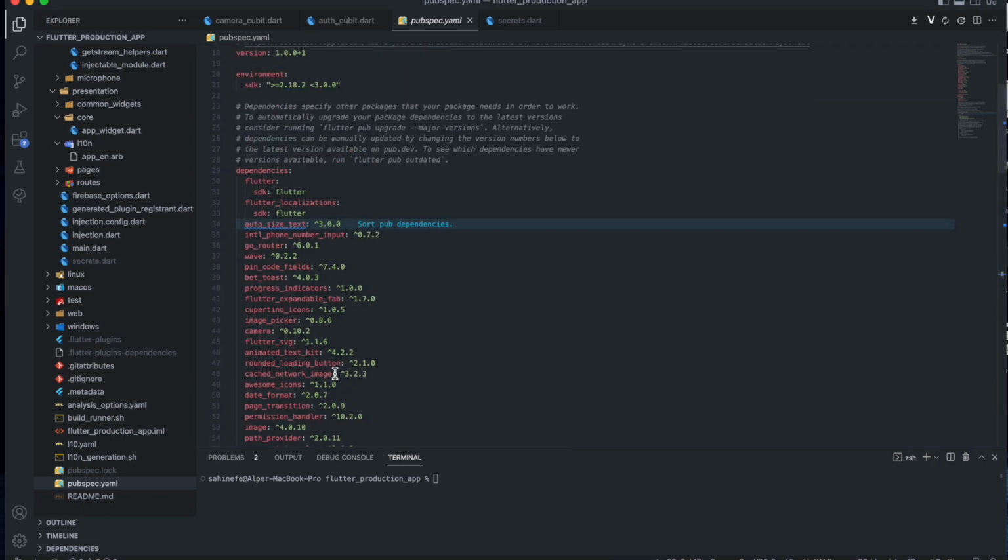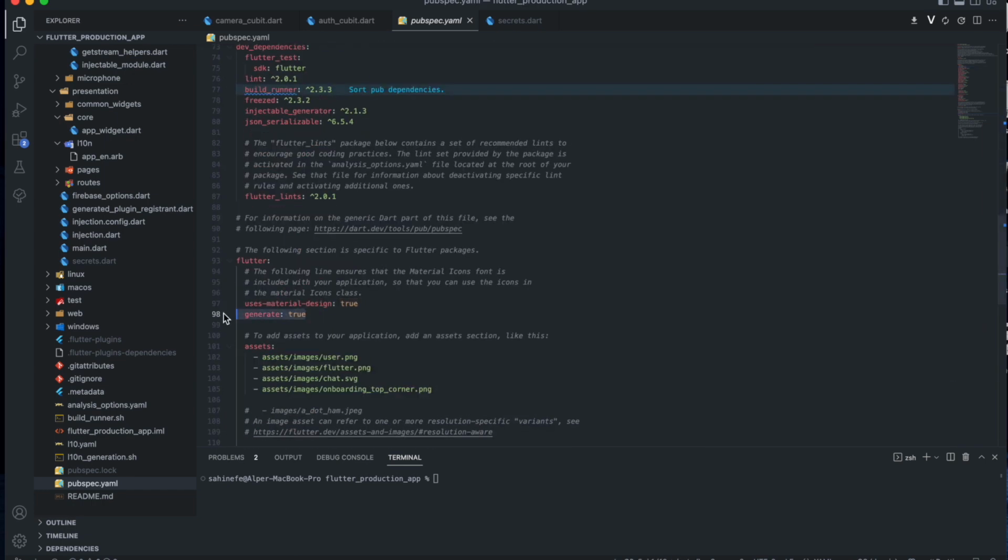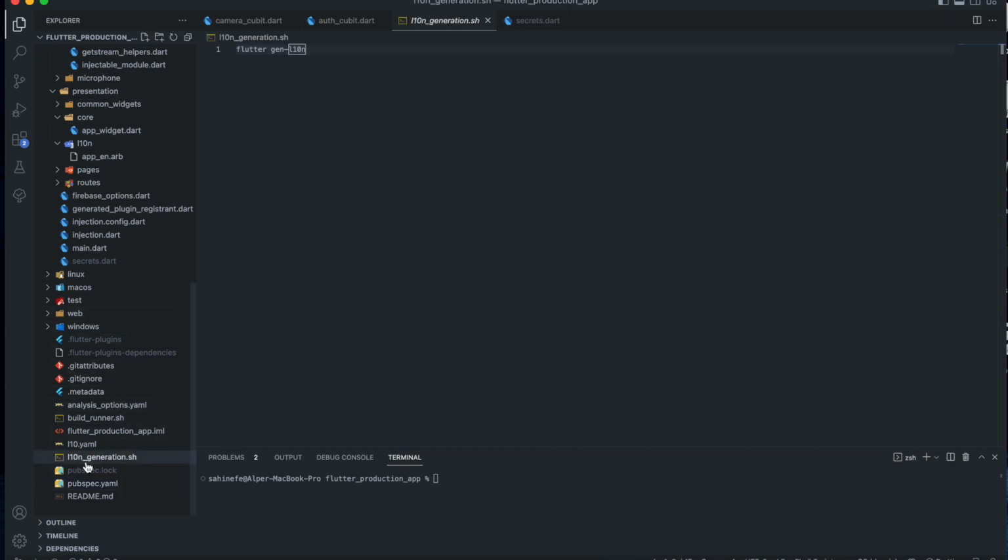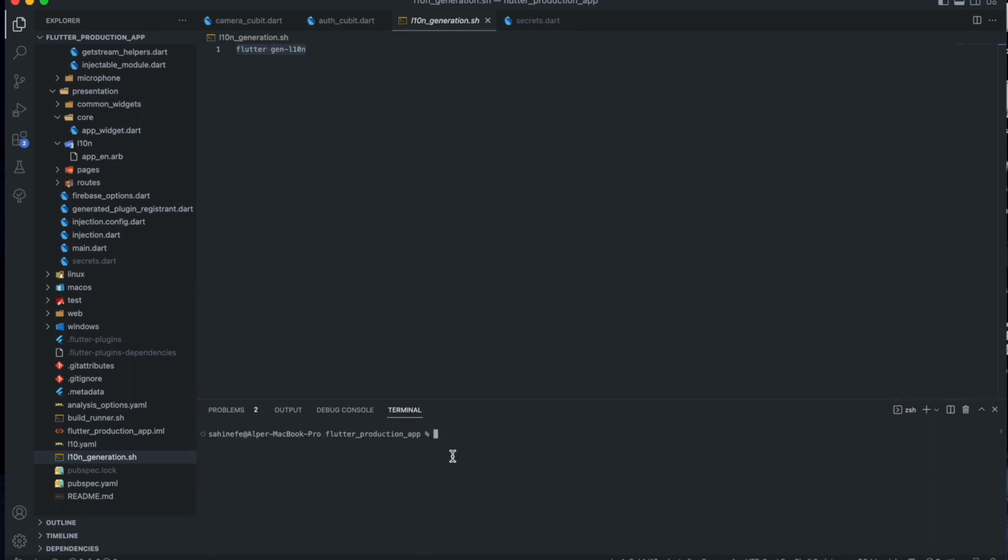If you go to the Flutter localization section on Flutter's website, then you will see the related code. And for this, we need to run the related code, which is actually a generation file. But of course you can copy and paste it into the terminal and run it instead of running the sh file. So I prefer to use it like this, but of course you can use the terminal. It's sometimes better to use it in here. But anyway,